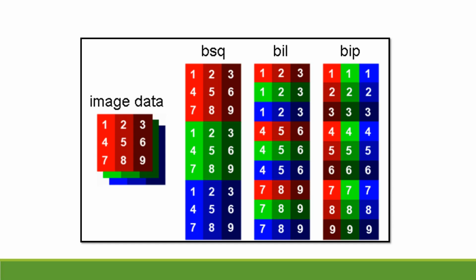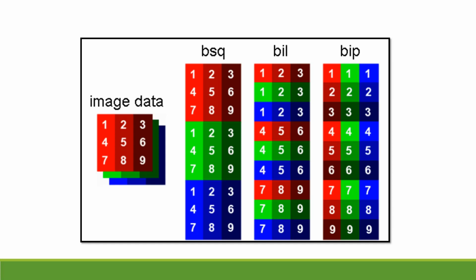As you can see, the first format shown here is band sequential format or BSQ. In BSQ, as I have discussed earlier, we save the information of the whole band as one. So what we have done here in BSQ format, we have saved all the information contained in the red band at first, then the full information of the green band, and then the full information of the blue band. So this is our band sequential format.